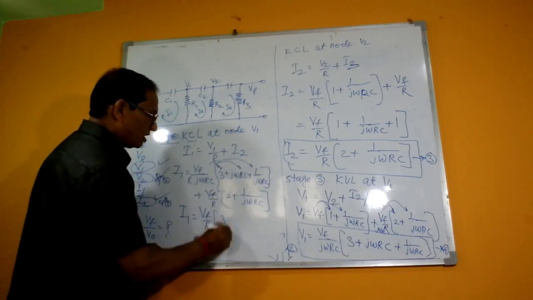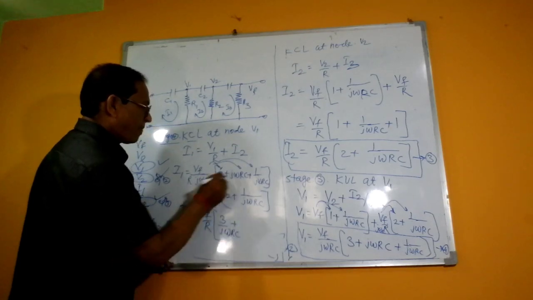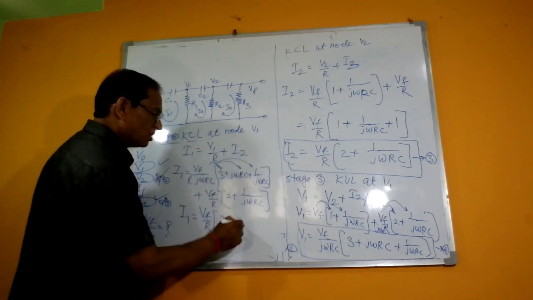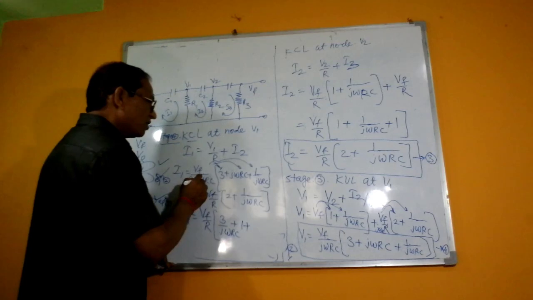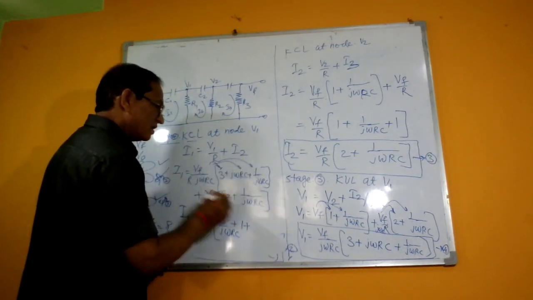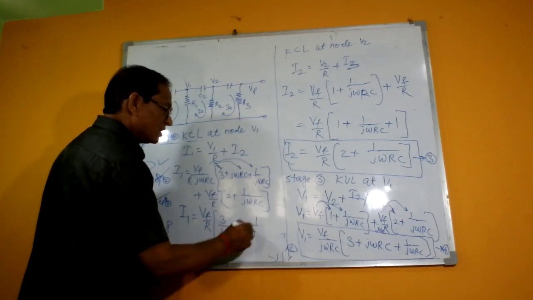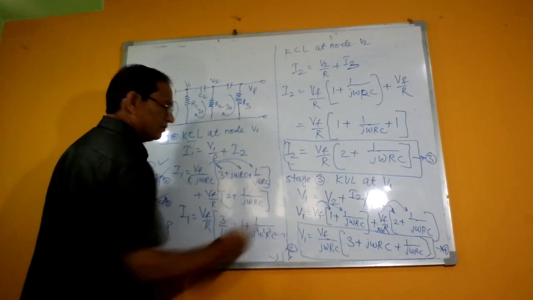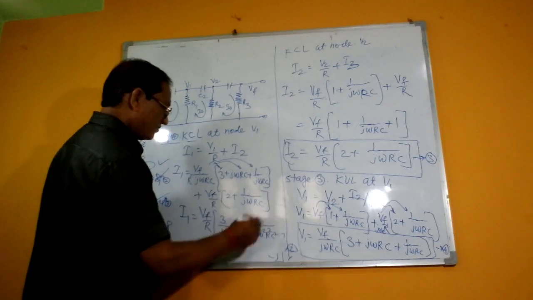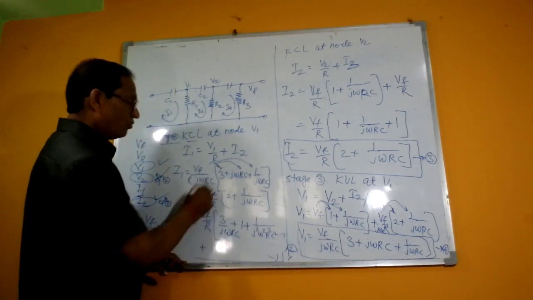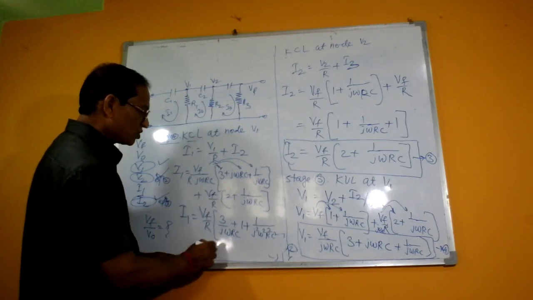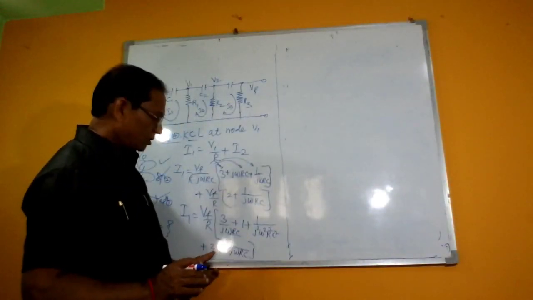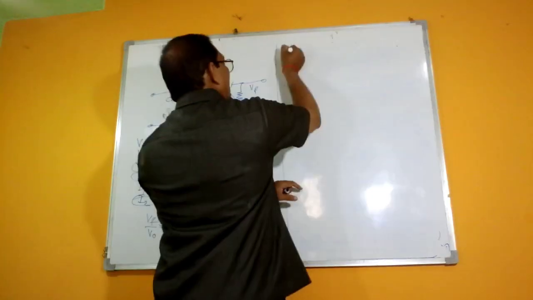So 3 upon j omega rc as it is, plus j omega rc into j omega rc will be divided by j omega rc, which gets cancelled with each other, therefore we are left with 1 and this will be the multiple factor to this one. Vf upon R is already taken common, so this will be 1 over j square omega square R square c square, right? So this is the first term, plus, now Vf upon R is to be multiplied with this one, this is plus 2, this is 1 over j omega. Now this is 1 and this is 2, this will be 3,